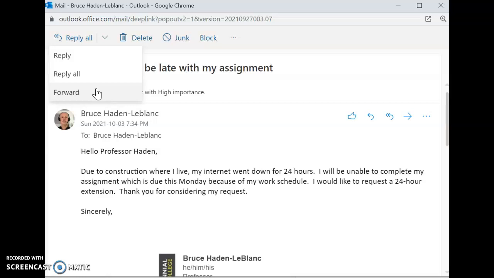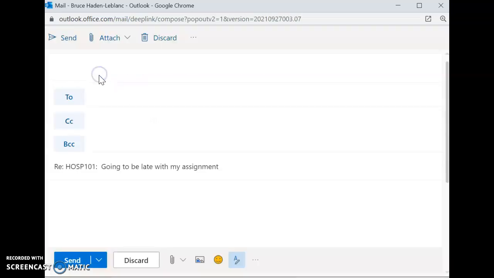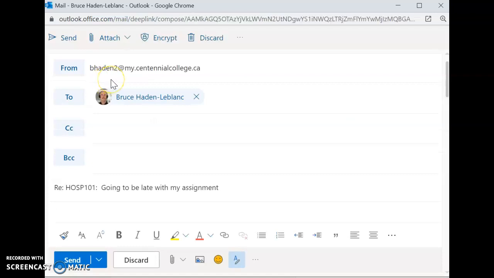Once you've made your choice, and I'm going to choose reply all because I would want everybody to see this information if this was an email that was sent to multiple teachers so that I could show what I'm doing for this student. You also will have two more options once you start your reply template, and that is CC